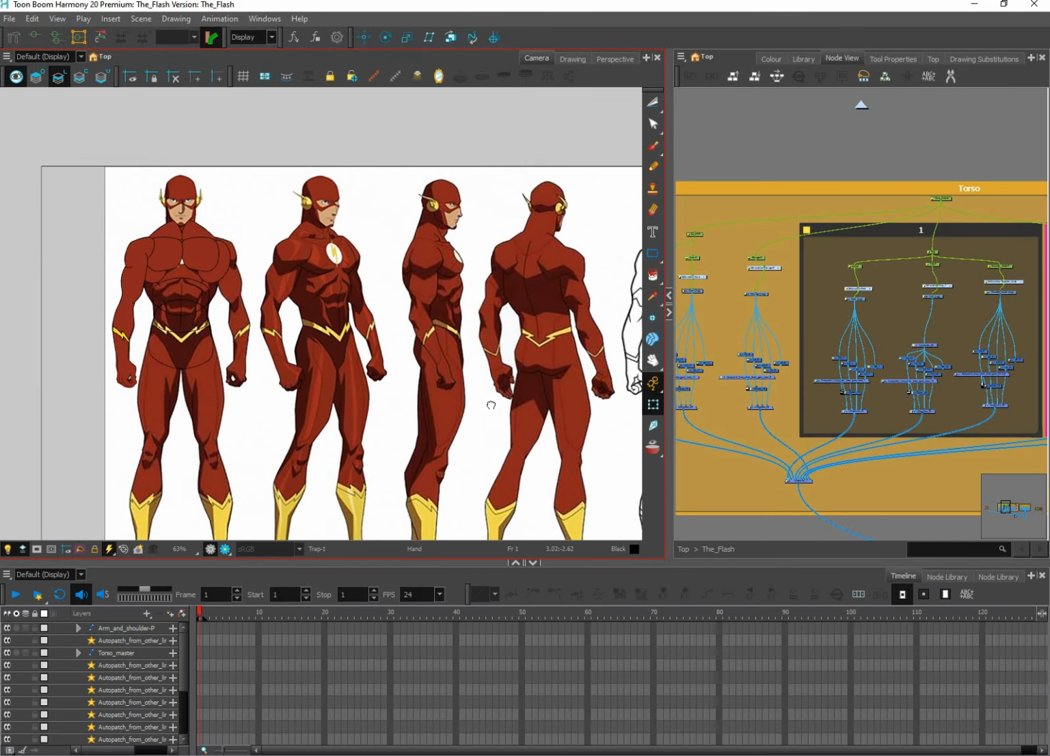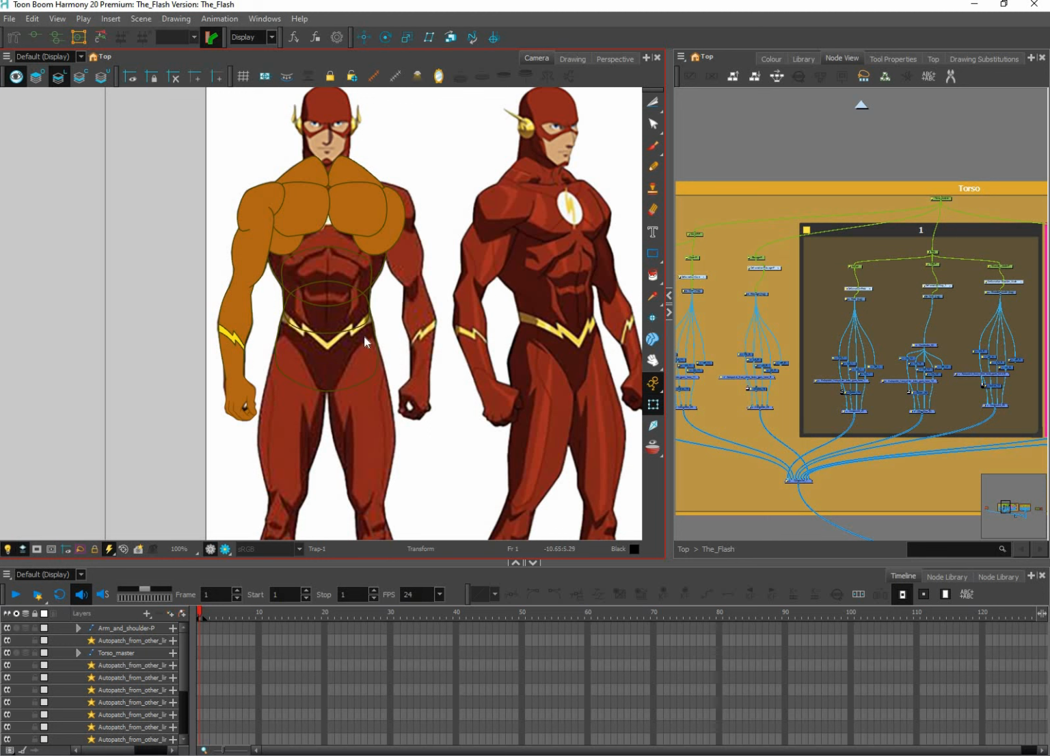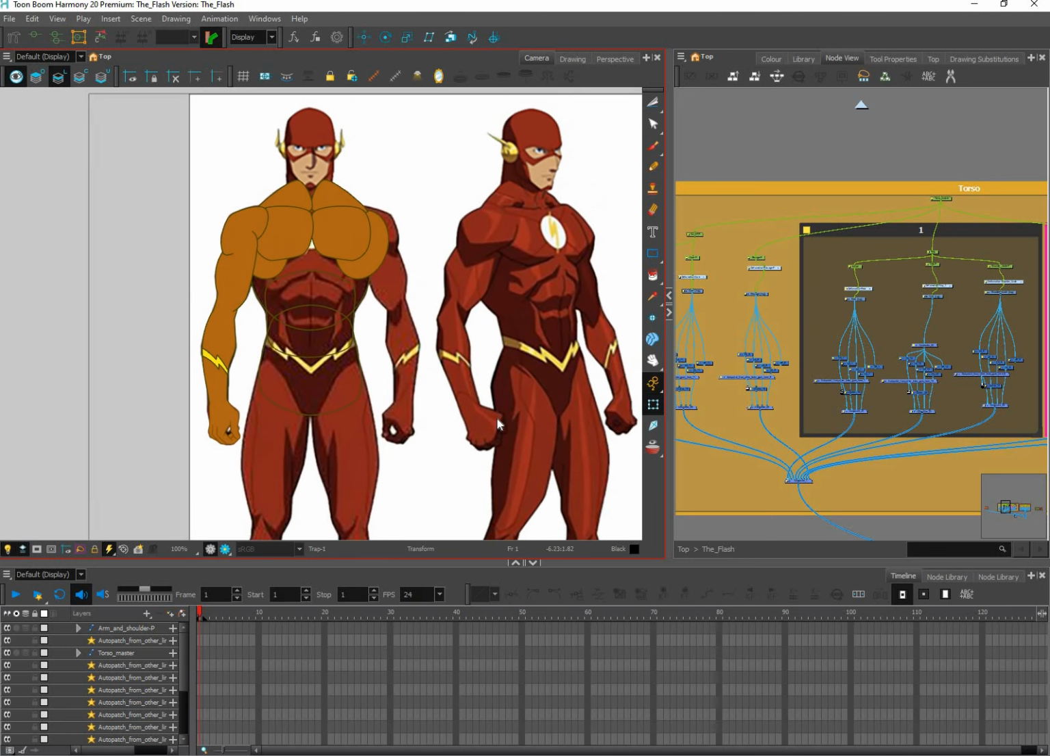Alright, here we go. So I'm building the Flash here. I've got some parts already built for him, and I'm thinking today I'm going to do the abdomen and the hips here. Now, there is one thing that's really important when you're building a rig, and that is to make